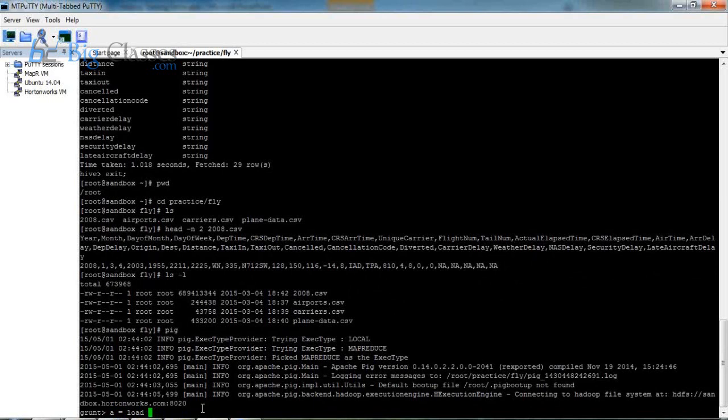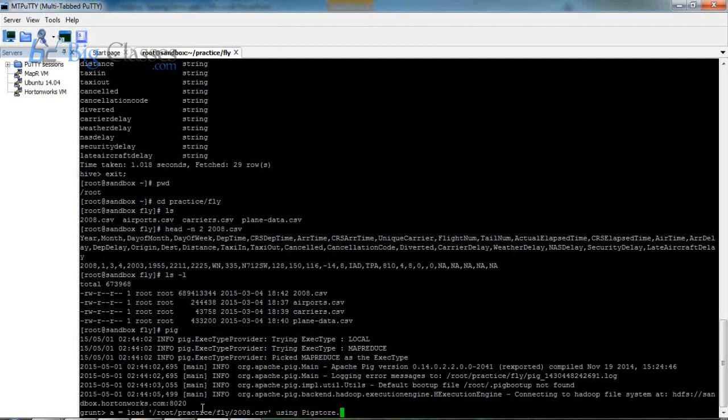Load, give the path, the practice flight directory and the file name 2008.csv, and you say using PigStorage. I'm not recollecting the exact syntax, but let me give that essence to you.